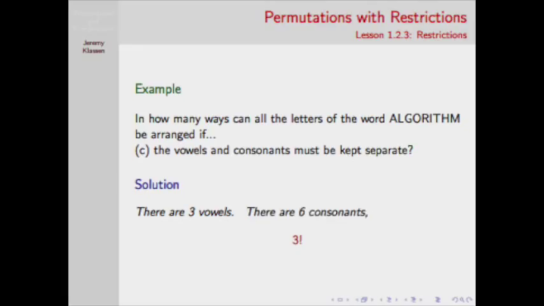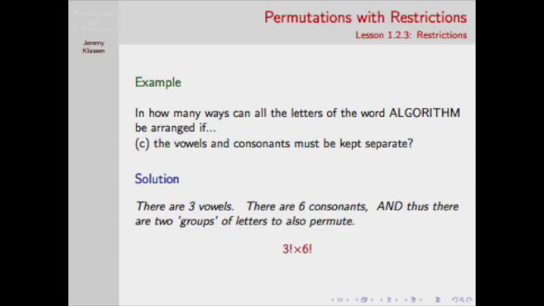We notice that there are also 6 consonants. And as a result, there are 6 factorial ways of permuting the consonants. Notice that we put a multiplication in between these two because we need the vowels and the consonants to answer this problem. This product is not the final answer though, because there are 2 groups of letters that need to be permuted. It was not specified in the problem whether the vowels come first or second, so there's some ambiguity there, and we need to take into account the fact that it could be in either order. We do this by multiplying by 2 factorial, the number of ways of permuting 2 groups,